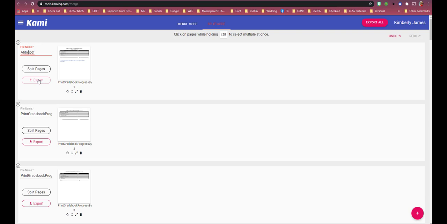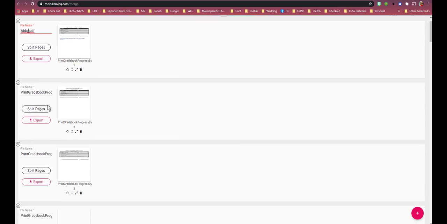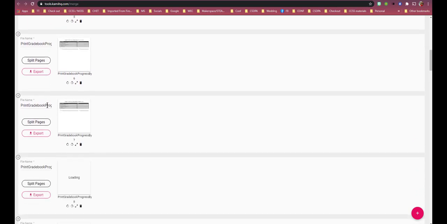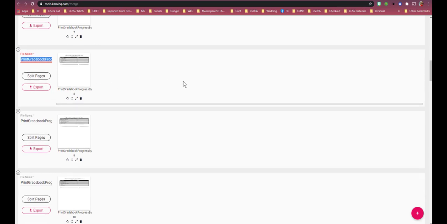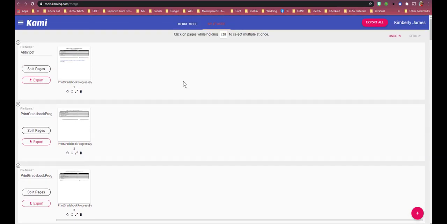export or throw into my downloads folder this one. But again, I'm going to try and do all of this in one sitting. And so I'll go through and name each of these pages by the student's name by popping it open real quick to preview and then coming back here, double clicking till it turns blue to highlight and renaming it. When I'm done with that, and that will be pretty quick, I can then tap on this nice bright pink